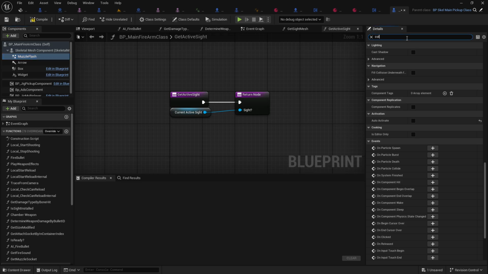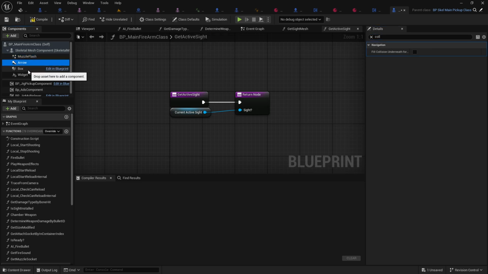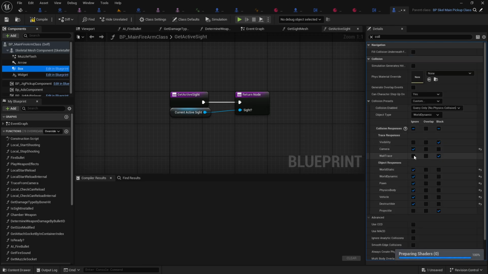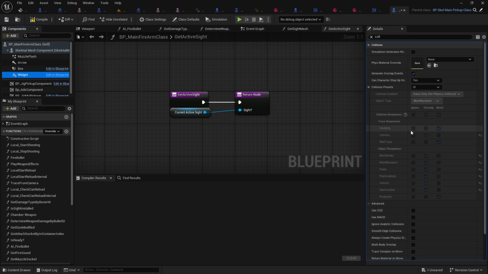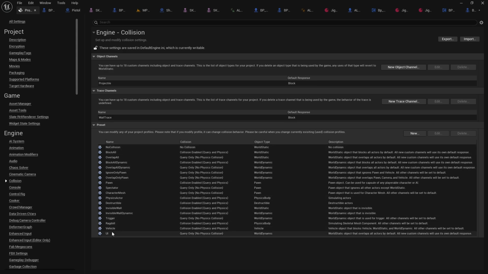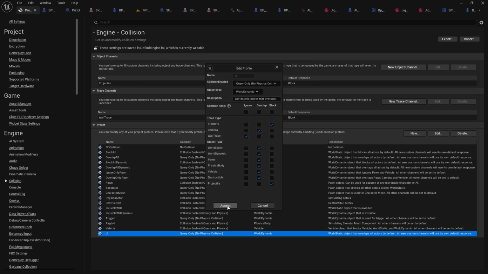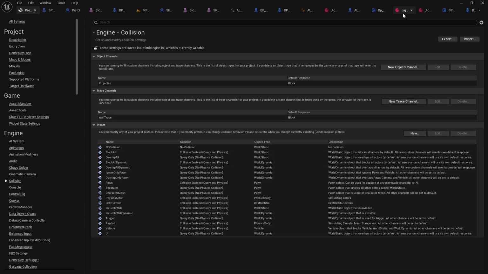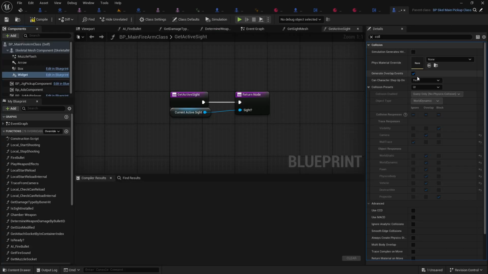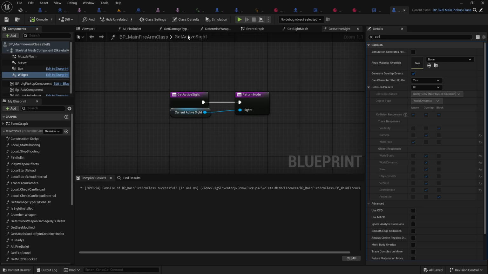Let's just do collision. I think that's yeah. Collision profile. Why? Mine firearm class. Okay, and then after that, we will